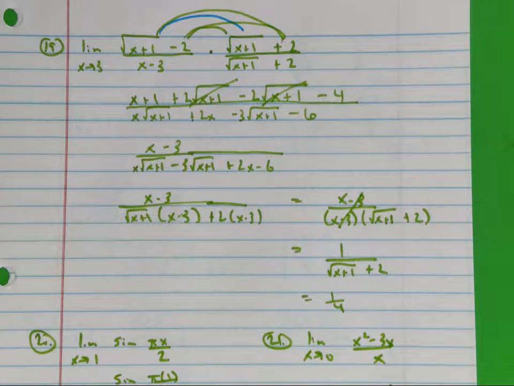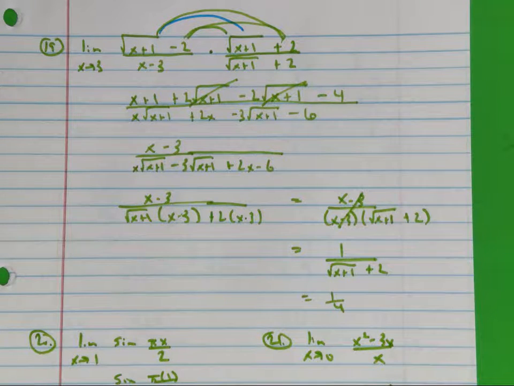All right, so I'm going to multiply. This times this gives me x plus 1. The square root is gone. This times this is plus 2 square root of x plus 1. This times this is a negative 2 square root of x plus 1. Negative 2 times 2 is a negative 4. And I like that because these two monsters cancel out right there. Do you see that? Okay, now on bottom, the way this might get a little bit complicated, you've got to